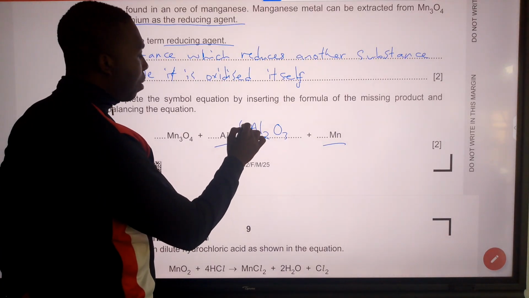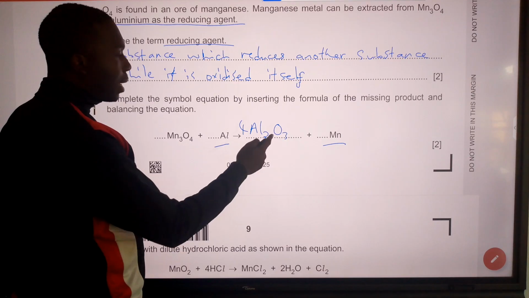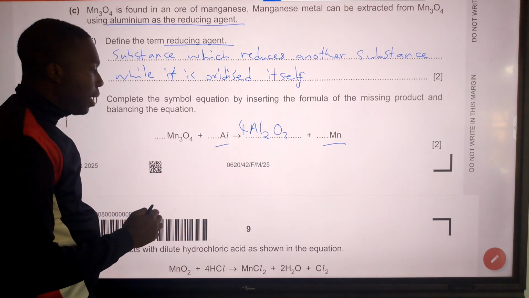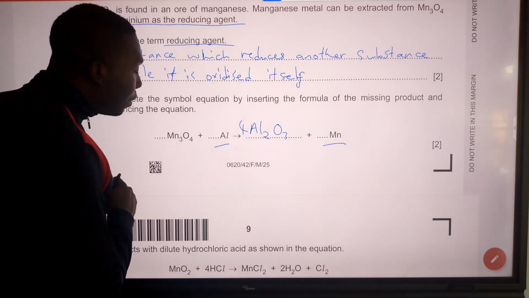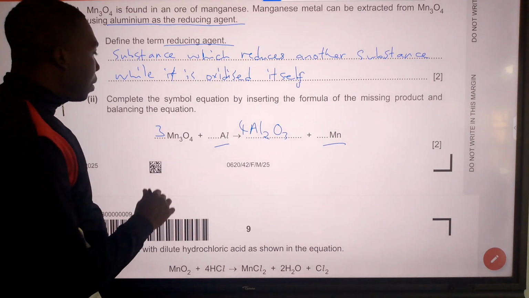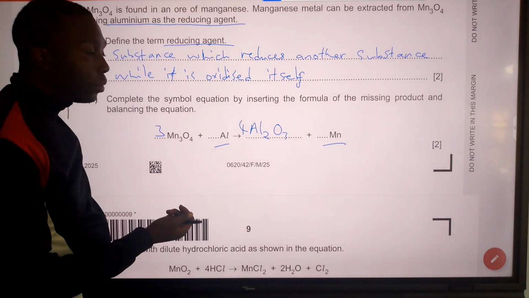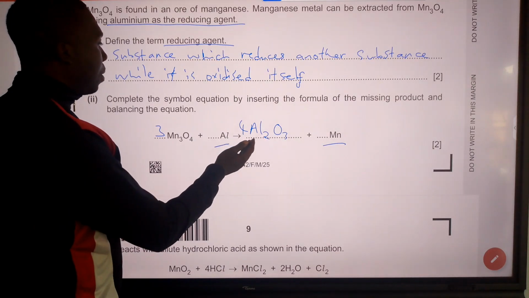So here we can multiply by 4 so that it becomes 4 multiplied by 3, and we get 12 oxygens on the right. Then to get 12 oxygens on the left here, we multiply this by 3. So now on the left-hand side we have 3 multiplied by 4 oxygen, which is 12. And these numbers on the right,